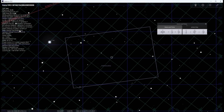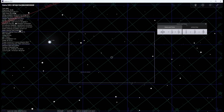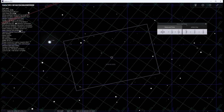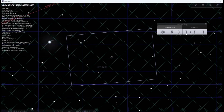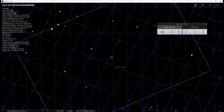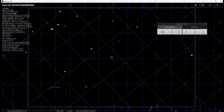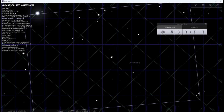I'm going to stack individual sections of this and create an animation, but over a period of a couple of hours, we get a pretty decent amount of movement. In fact, if we reset this to midnight, every hour it seems to be moving, I don't know, what are we looking at here? It's moving about, let's call it, 2 arcminutes per hour, and at 30-second exposures, that's about 1 arcsecond of motion. So at 30-second exposures, I would have a drift of just under 4 pixels for the comet. All right, that is a possibility. At 60 seconds, we're closer to 8 pixels of drift,